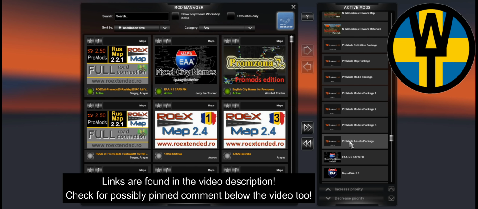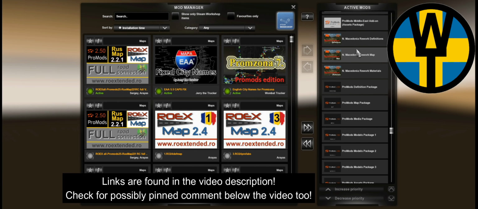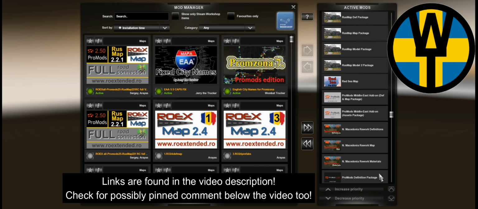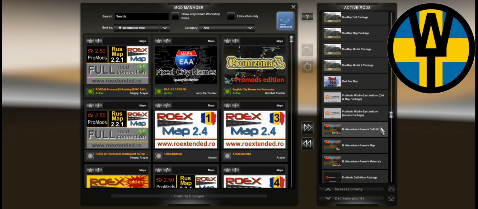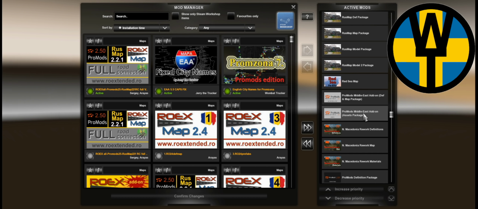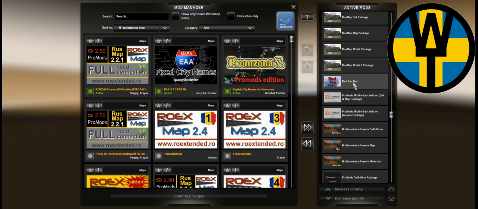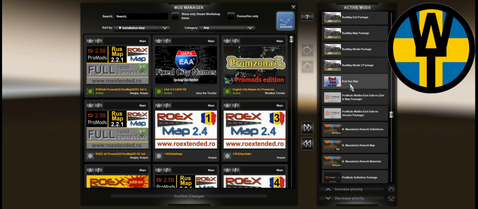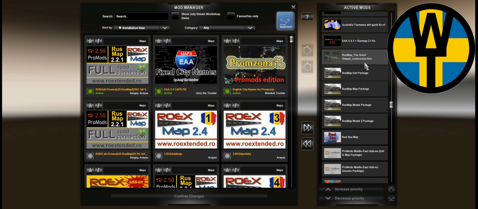We then have Promods assets package, models package 321, media package, map package, definition package. Then we have the Macedonia rework materials, map definitions, and Promods Middle East assets package and def map package. Here's the map Red Sea for Middle East, and then we have ROS-Map model 2, model map def, and the